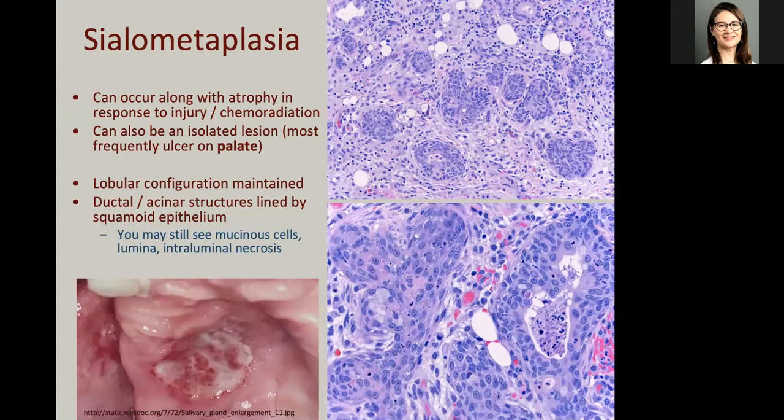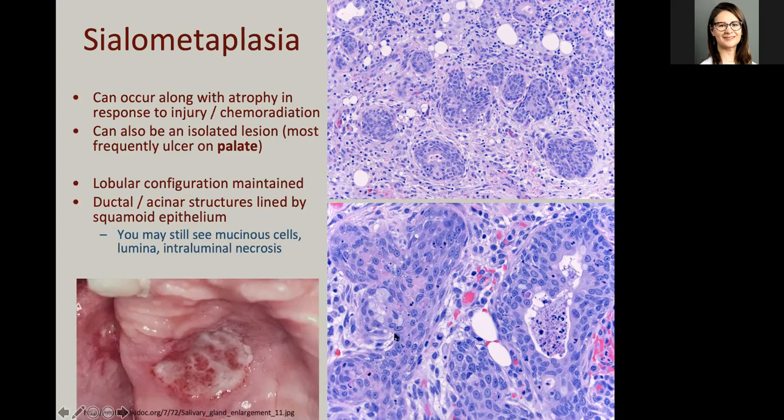Sometimes in a severe atrophy and chemoradiation state, you get frank sialometaplasia. Sialo, of course, meaning salivary, and metaplasia being change in cell type from one to another. And so this is a change in your normal glandular salivary cell type to a squamous or squamoid type of epithelium. So here on the bottom, you can see these cells are now more elongated with nucleoli with some grungy intraluminal material, but very focally, you see retention of the mucinous cells in the background